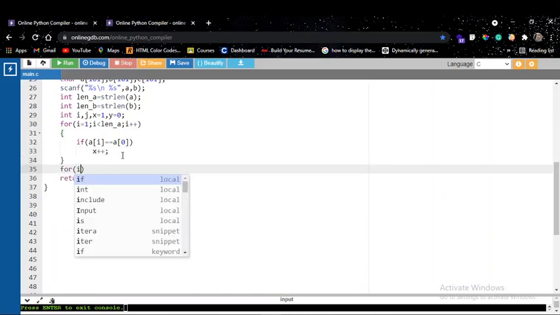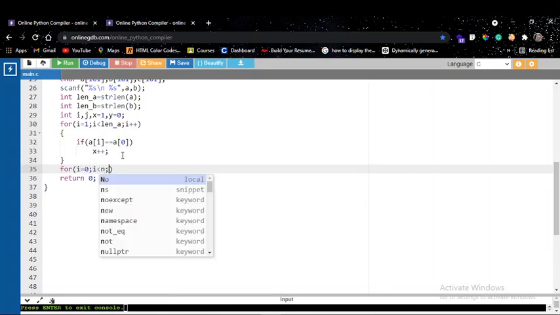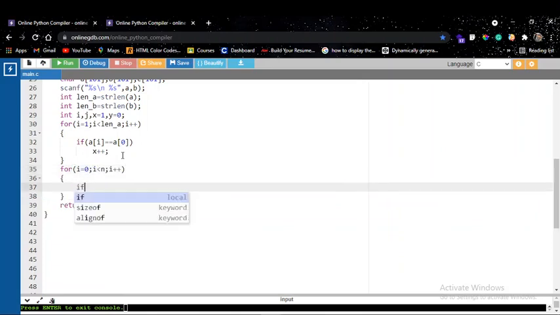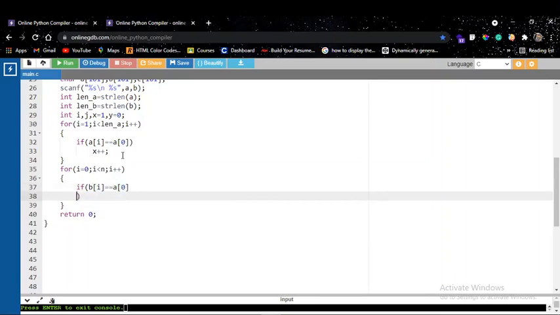And now let us move into the second string and check. i is equal to 0, i is lesser than n and i plus plus. If B of i is equal to A of 0. So how many times this first character in A string is repeated in B string. So that's why y is equal to 0, not 1. So the characters in string A can also be present in string B, and may not be present too. So that y is equal to 0